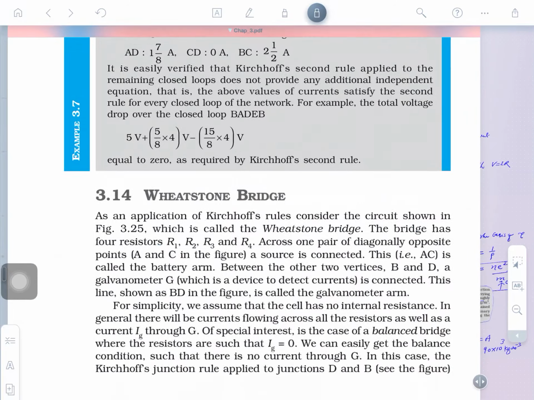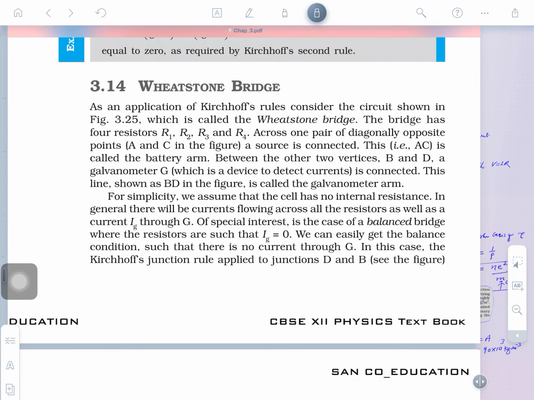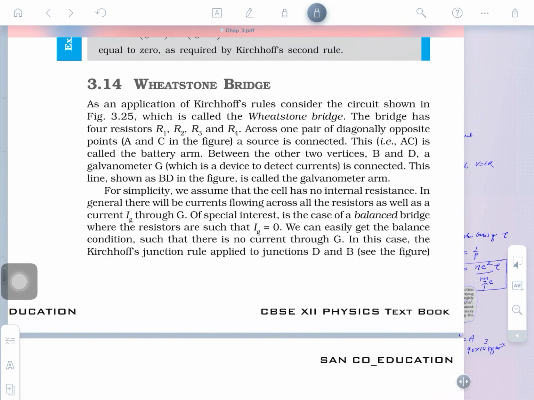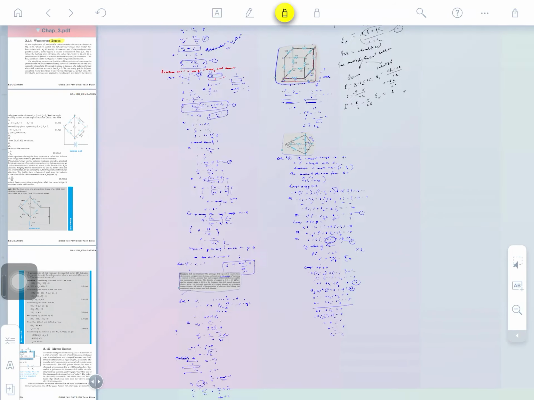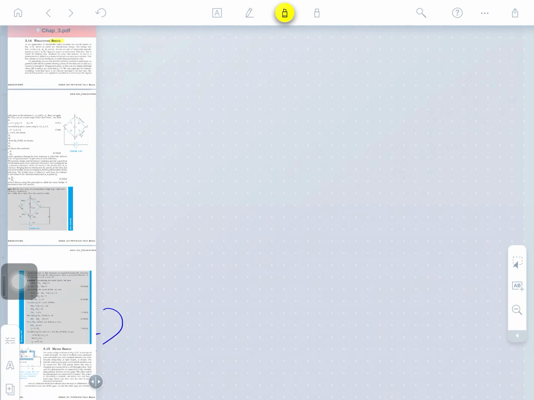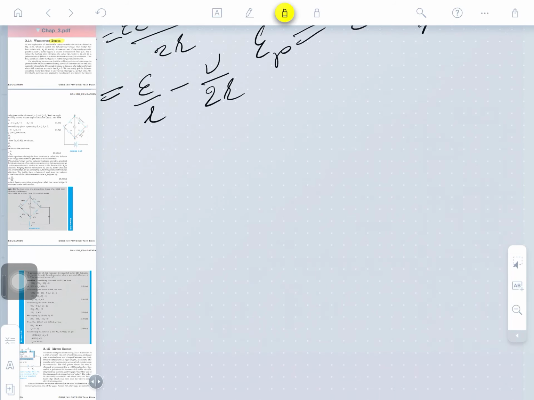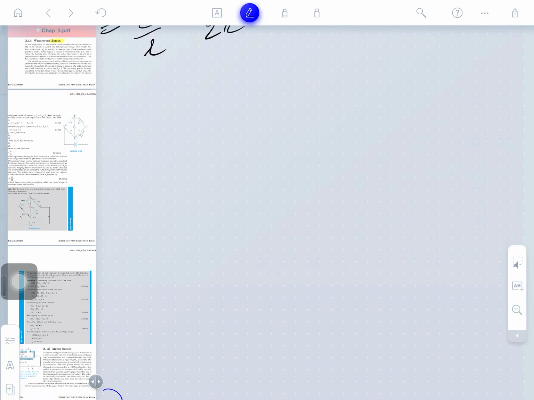And now the next concept is the Wheatstone bridge. What do you understand by the Wheatstone bridge? Wheatstone bridge, as the bridge suggests something else, like a bridge type. Clear? So what is the bridge here? We can just understand here the bridge type. Okay, 4 points are there, 1 point, 2, 3 and 4 also. So we will connect here.